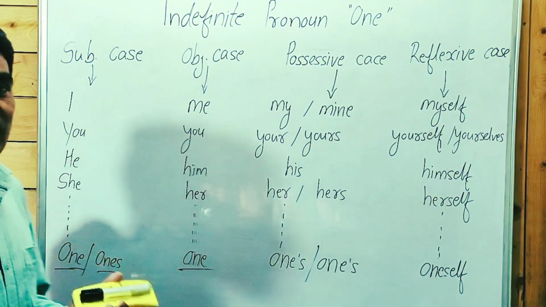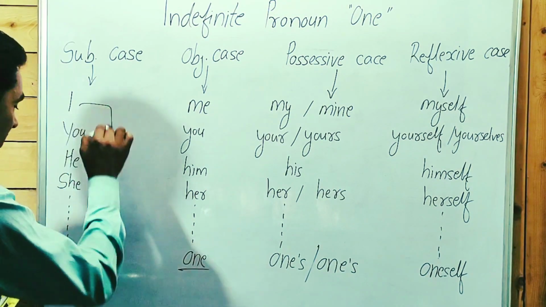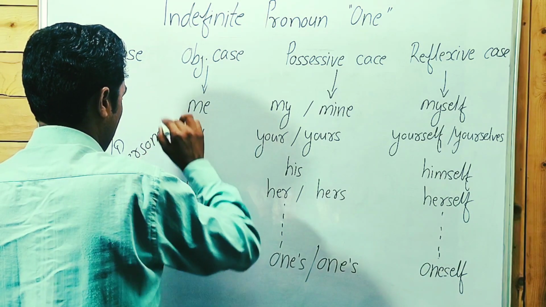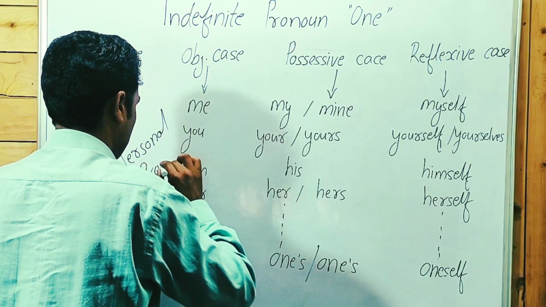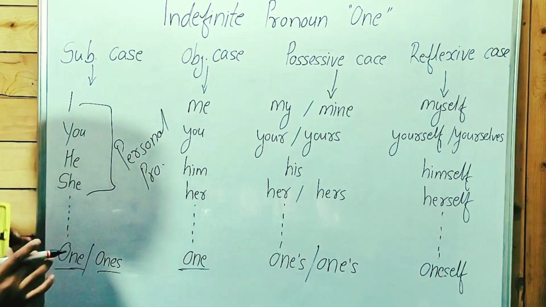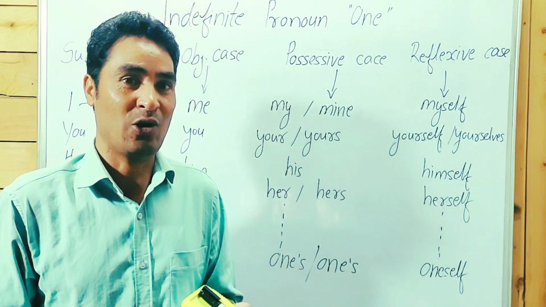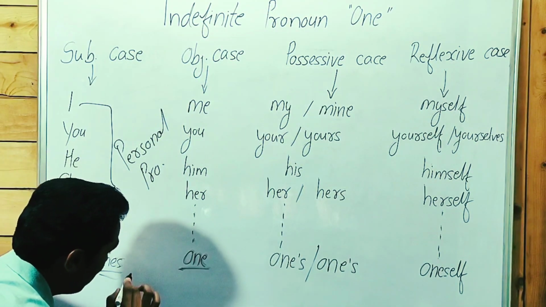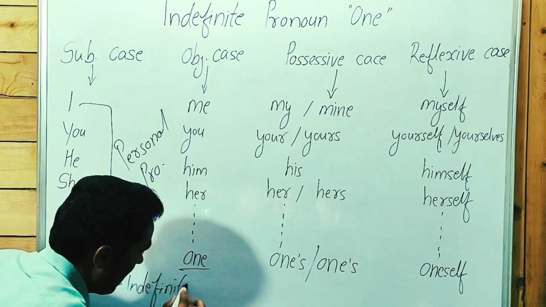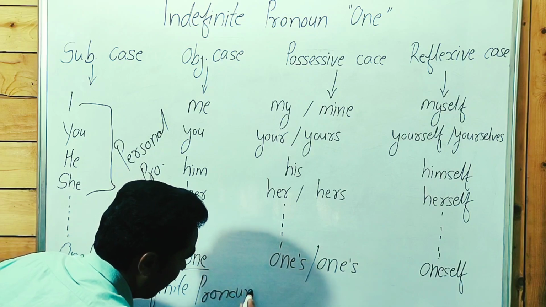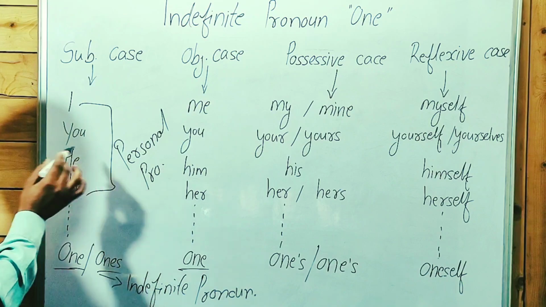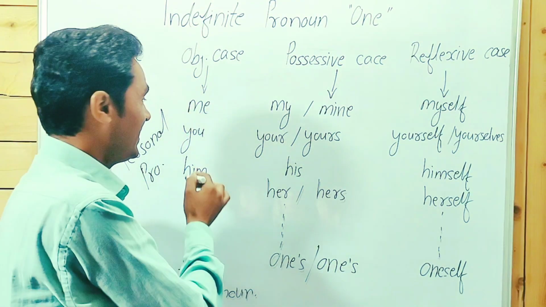Okay, so here, guys, point to be noted. Here all the pronouns, I, we, he, she, it, all are personal pronouns. I'm sorry, I'm writing roughly. As you know, personal pronouns are definite pronouns. When we talk about one, it's an indefinite pronoun. So here one is an indefinite pronoun, whereas I, he, you, she, it, they, we, us, mine, his, myself, you